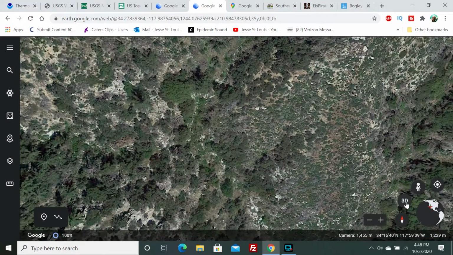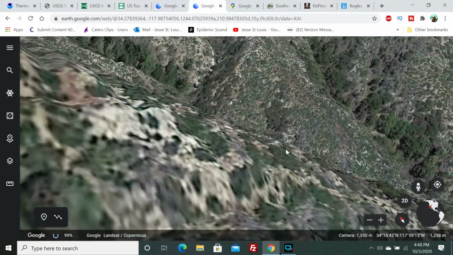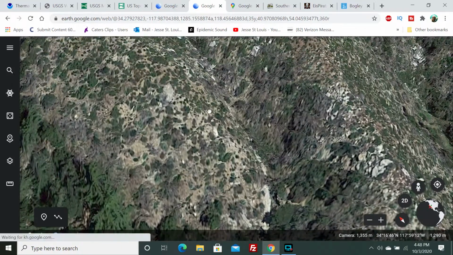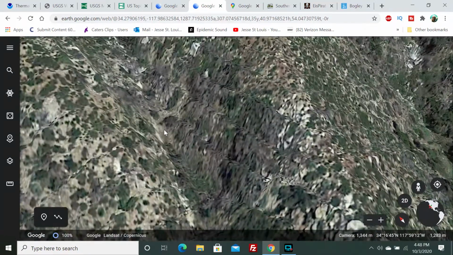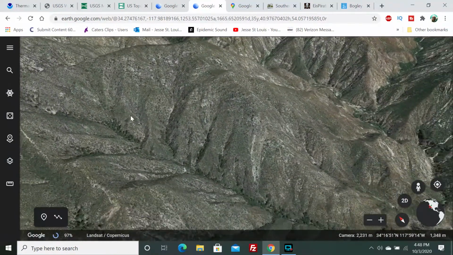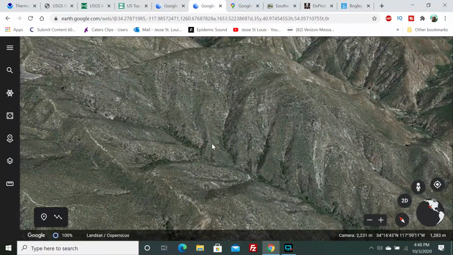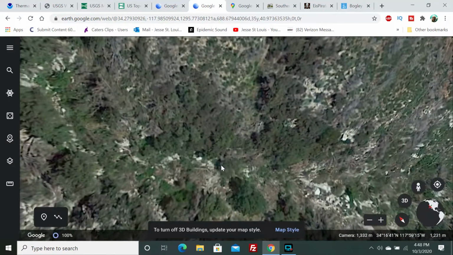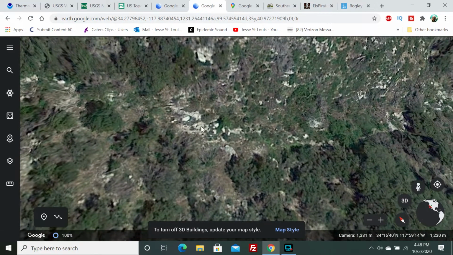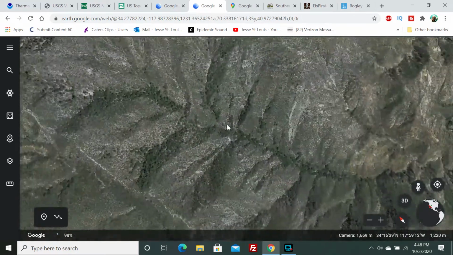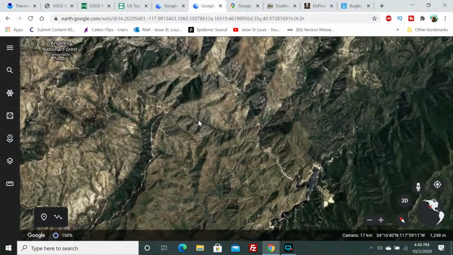And the other thing is you have to take into consideration what the steepness is to get into some of these areas, which you can gauge from Google Maps, but not always 100%. And that's where a topo map is also a good, valuable tool. So you can see there's a ridge line here, and where I just was down here, I don't even know where I was, but it looked like there was some interesting stuff here actually. I don't know if those are boulders or what, but that would be an area that I would explore, so I'm not even sure where that is. Angeles National Forest looks like